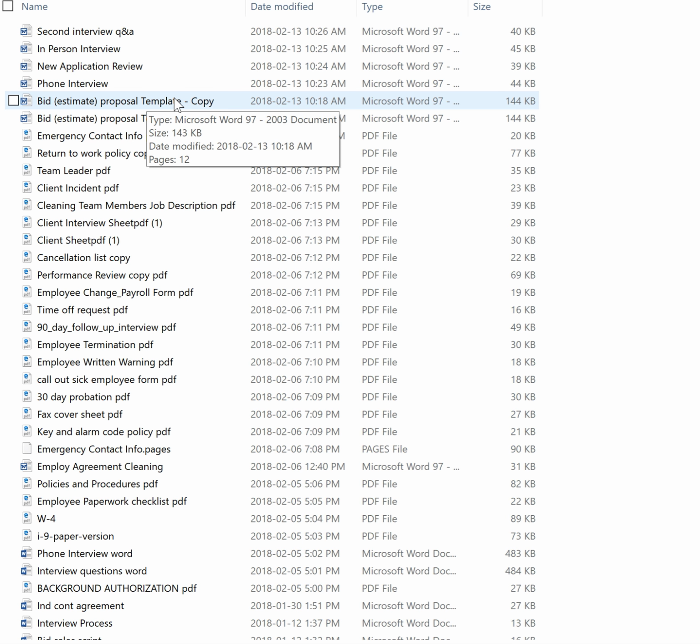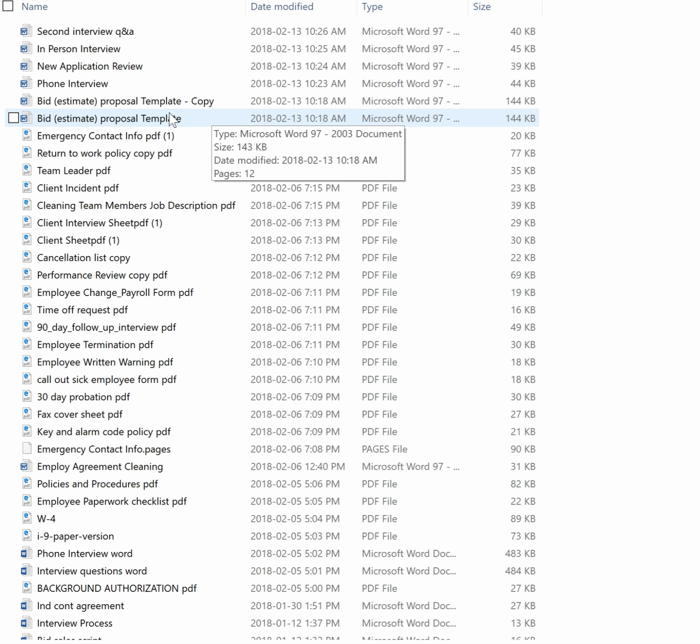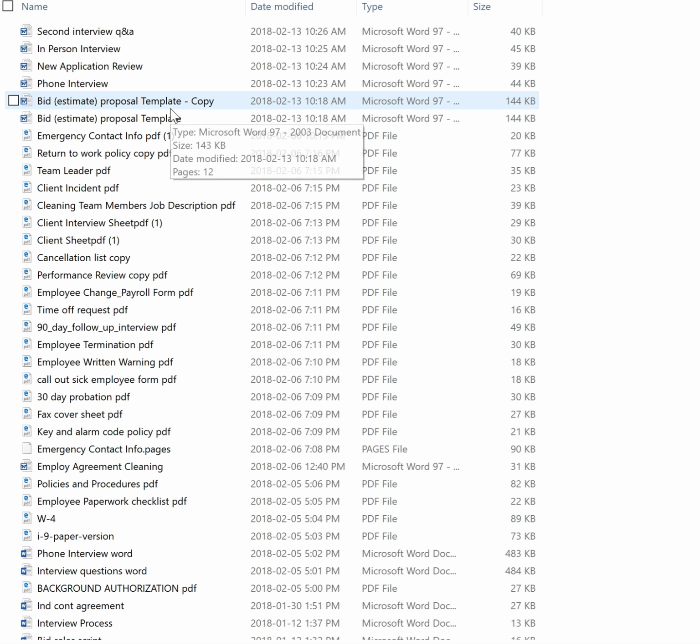your bid estimate template. If you are bidding on bigger jobs or commercial jobs, this is a template where you can go in and enter all the details and give it to your client, and it's highly professional. Makes you look very organized and makes you look like a professional organization that should be asking for premium prices